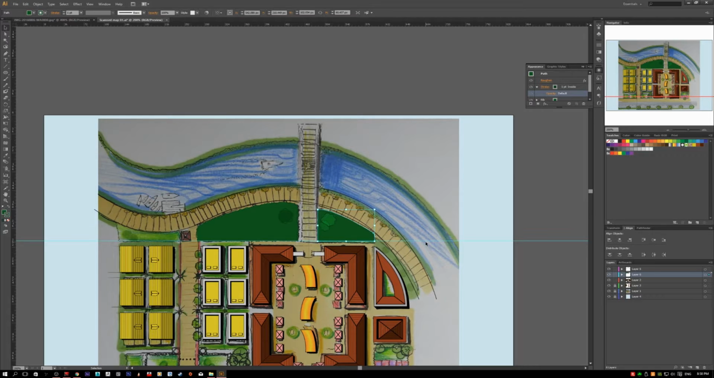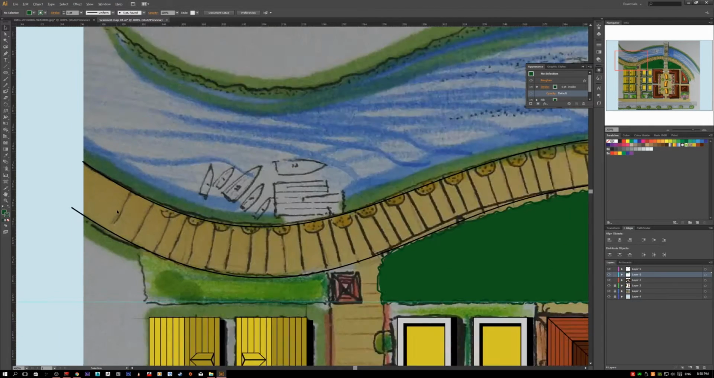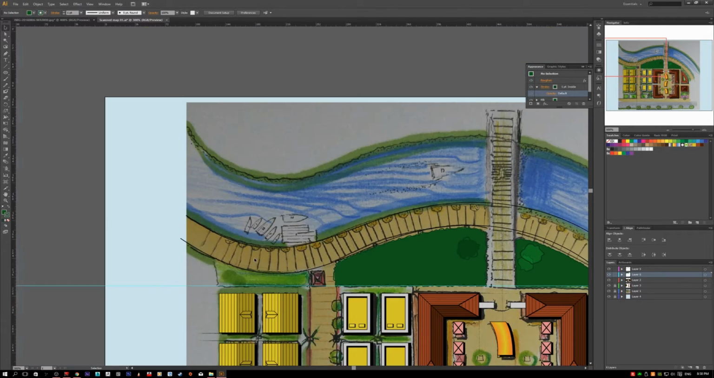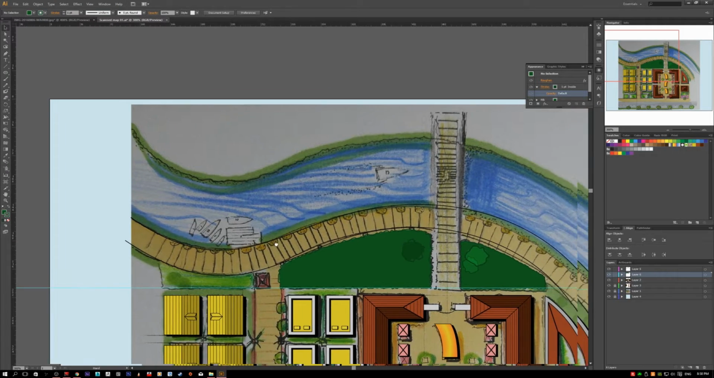So the last thing that I want to show you is how to create these lines, you know, these walking lines. I think they're walking lines. I don't know what these are actually. I don't know maps very much. Anyway,